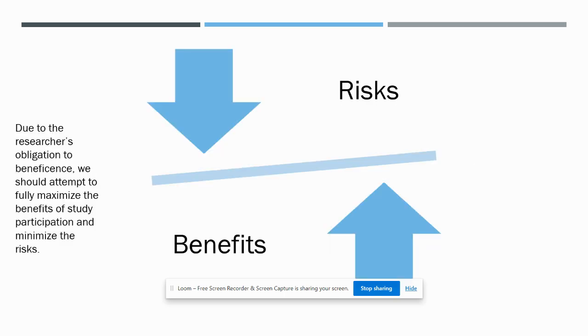Okay, we talked about the obligation of beneficence, right? And so we have the obligation to specifically balance out the risks and benefits within a study, to fully maximize the benefits and minimize the risks. So we have a moral obligation to patients to ensure that our studies are designed in such a way that they can attain maximal benefit, not just from the experimental treatment, but also potentially from the standard of care as well.